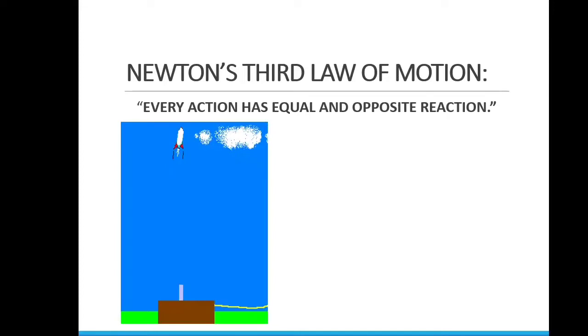For example, look at this rocket. The rocket, as you can see, is to fly away. The rocket is applying force towards the ground or the launch pad through its exhaust. Since the exhaust applies force on the ground, that will be the action force, but the ground or the launch pad also exerts an opposite and equal force on the rocket.